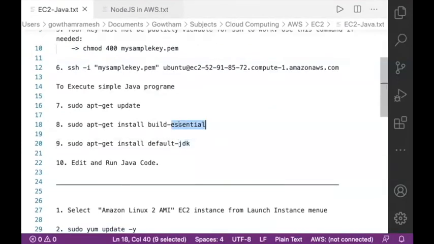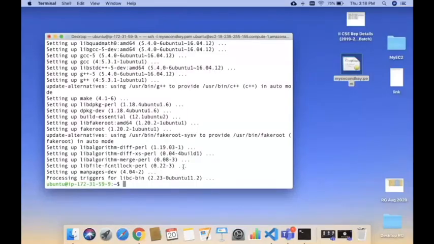Then I'm going to install a default JDK. I'm going to install this JDK from the apt-get registry. Sudo apt-get install default-jdk.